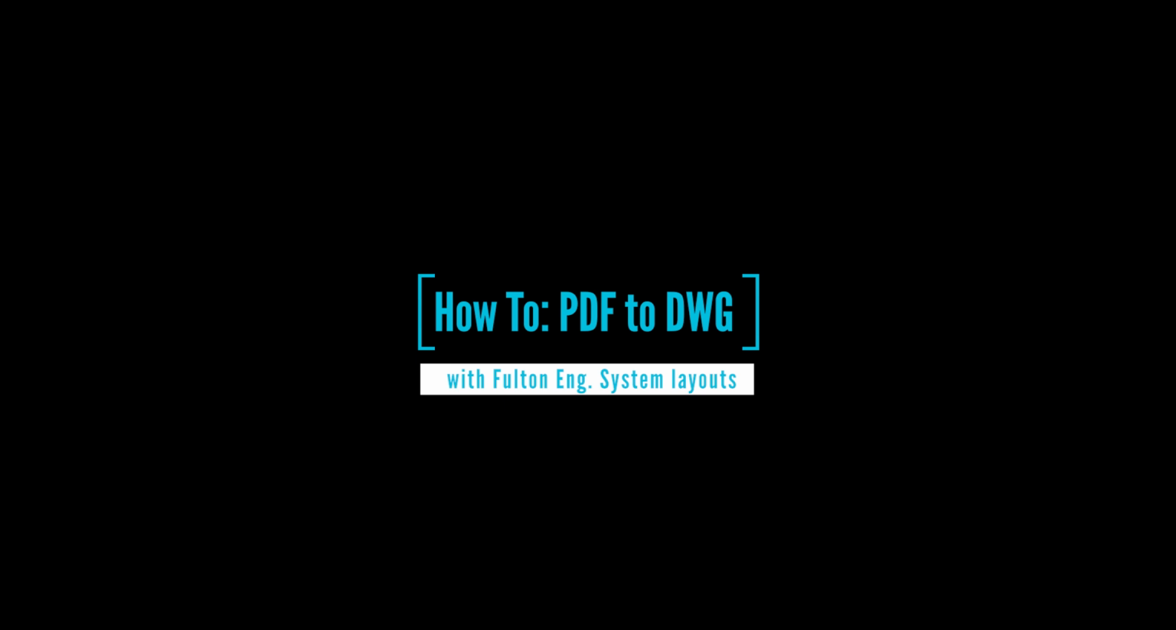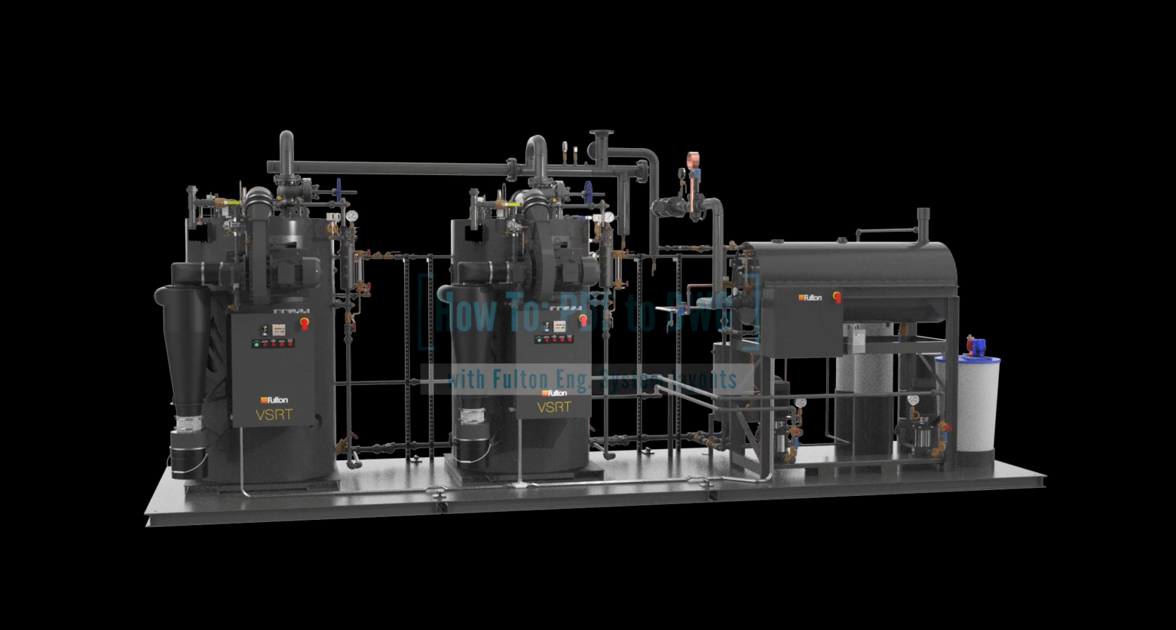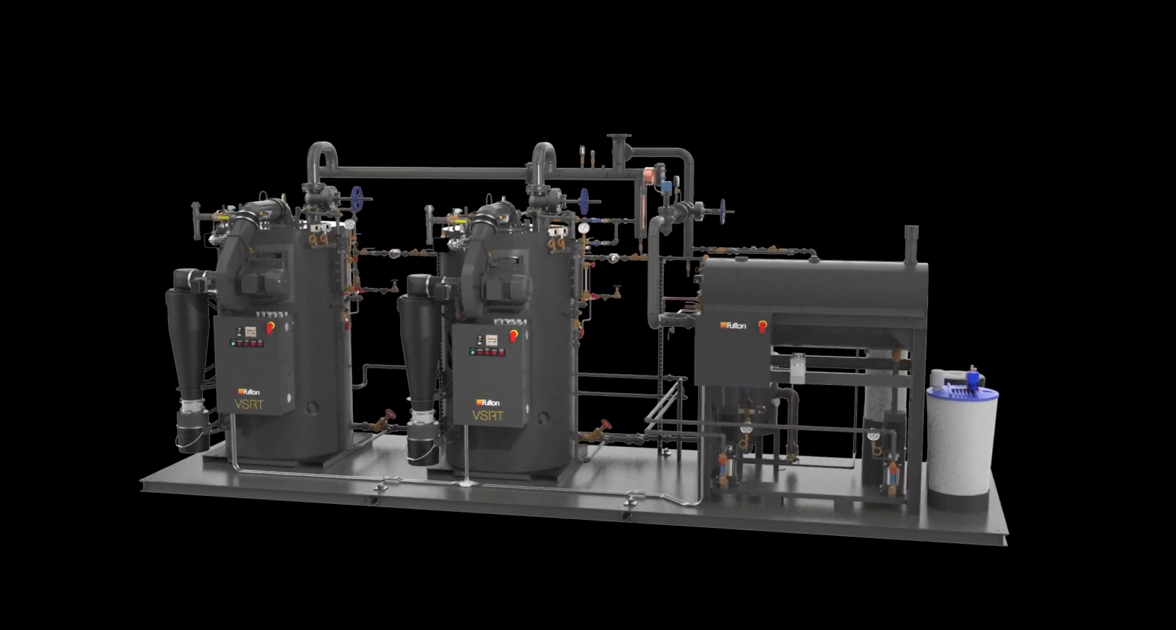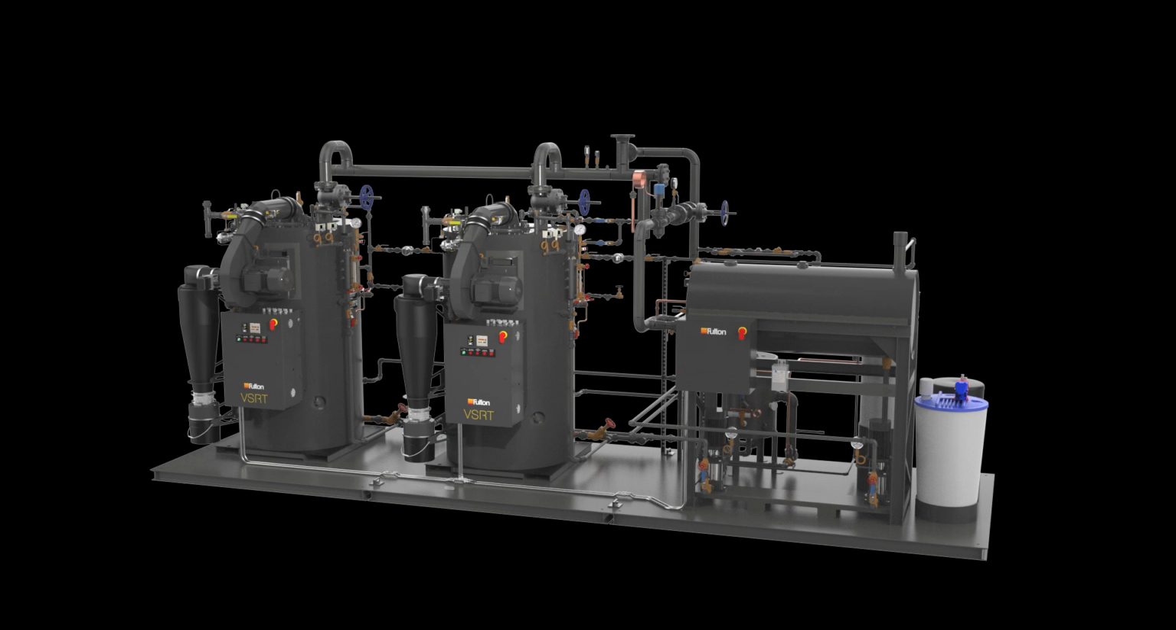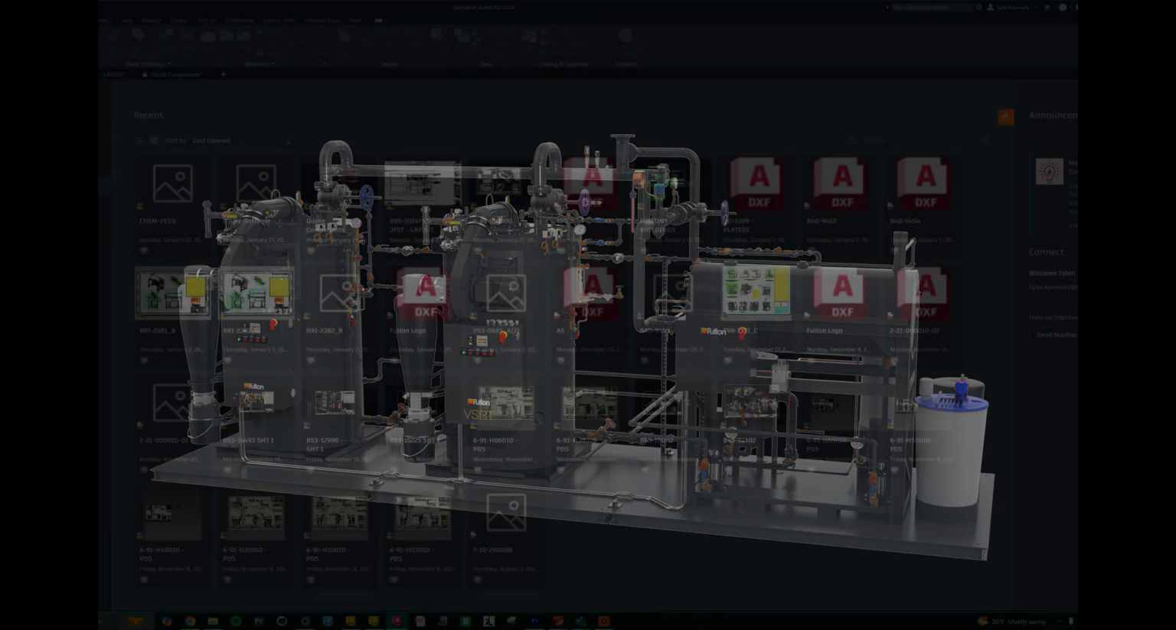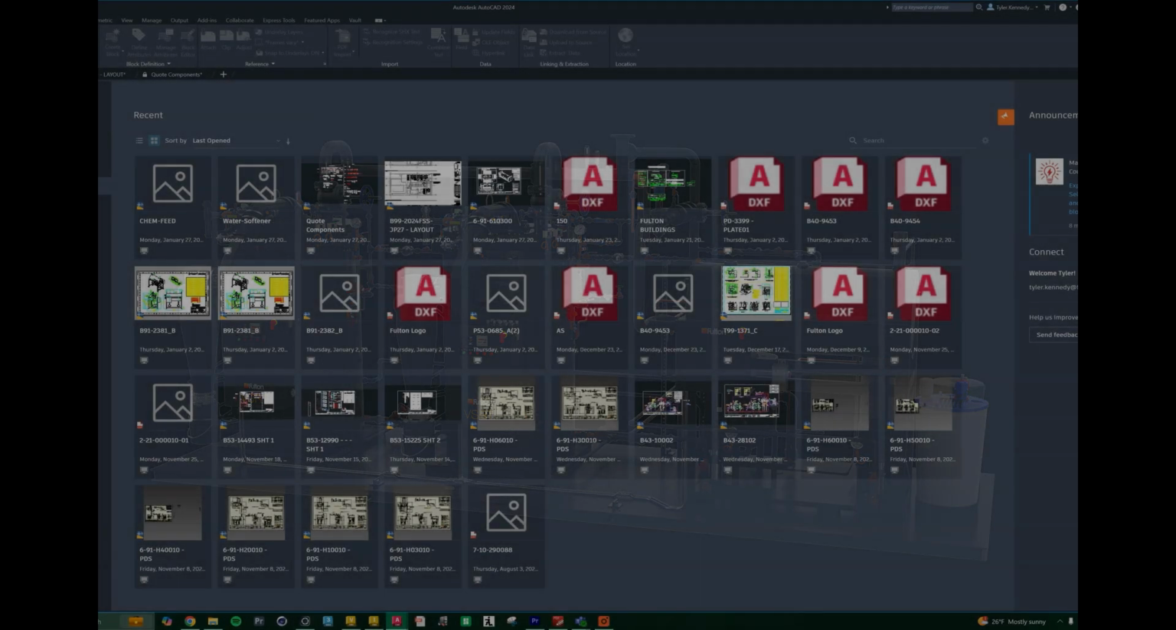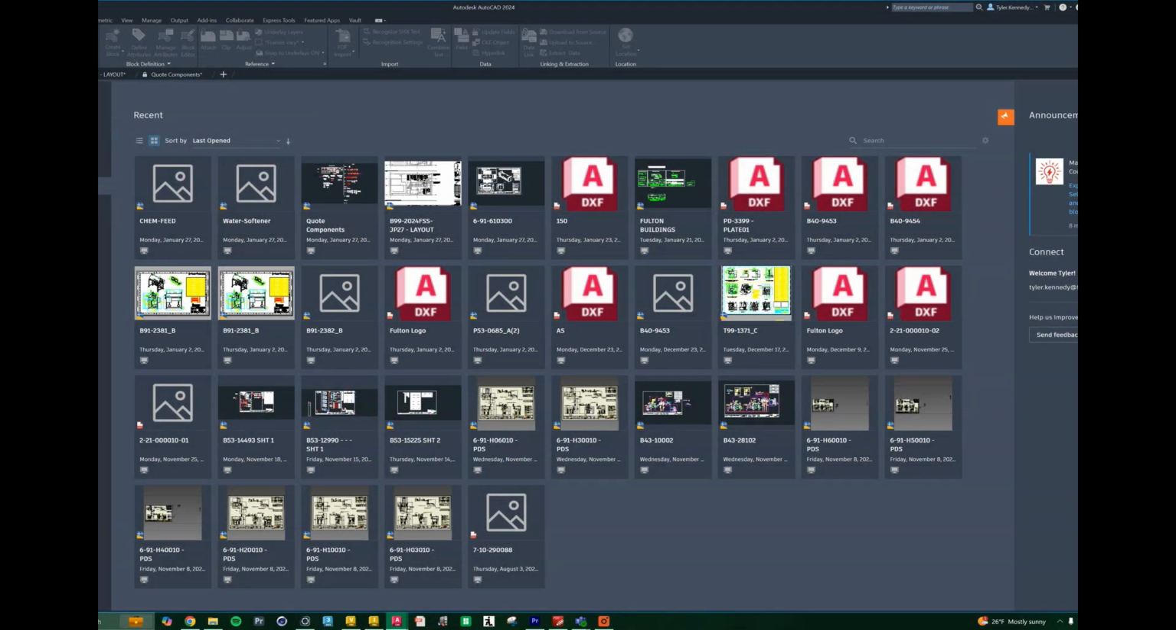Okay, today we're going to go over how to convert a PDF to a DWG, and then we're going to review how to download equipment files from Fulton's website and import those into your own layout. While we do have a team here at Fulton that will happily handle all these drafting requests, this how-to video is just for those of you who like to be a little more hands-on or just need to skip the